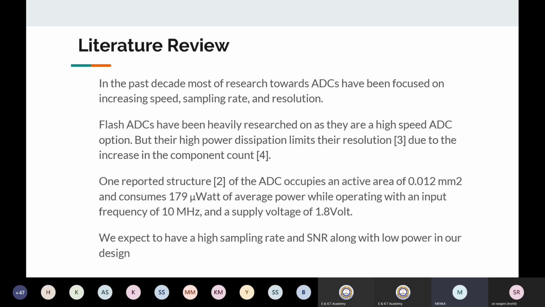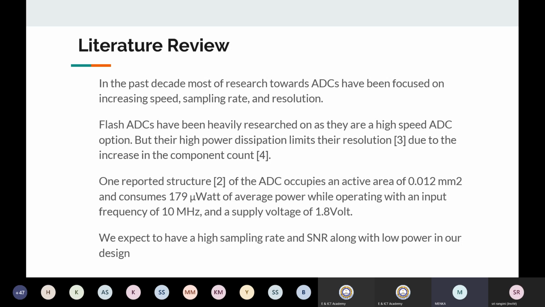So supply voltage is fixed since we are working at 180 nanometer technology. First thing. Second thing, even if you are going to change it, it is fine. Then you have to show how much frequency you are obtaining, how much is the power, and how much is the area, so that tuning can be done. Area, you can try to reduce. Maybe lower node transistors, so that the 1.8 volt will also get reduced and the area will also get reduced. Then you have to concentrate on the 179 microwatt average power. You have to look at this parameter.